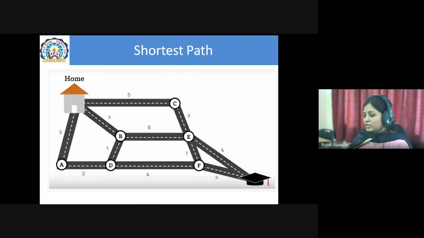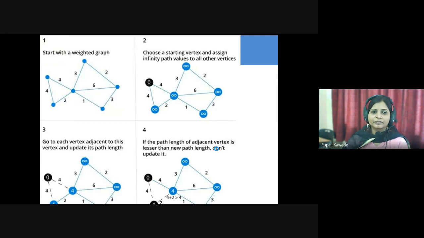Fine. So this is the logic behind these kinds of algorithms: to find the minimum path towards the remaining vertices. And one of the algorithms that we are going to use is Dijkstra's. So what is that algorithm for, and how is it applied to the graphs that we are going to study? What is the graph we have seen? Basically, a graph is the collection of vertices and edges.